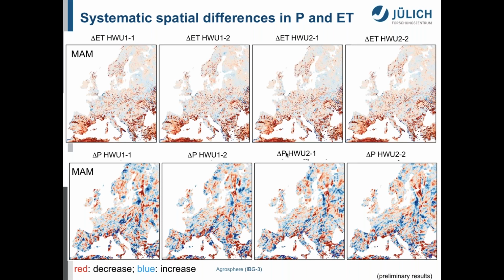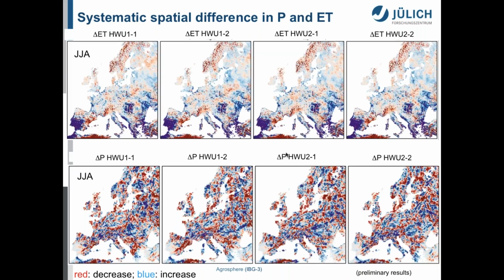And going now to the summer months, we plot again the same water use simulations, here on top for the difference in ET, and here at the bottom for the difference in precipitation. We see again how these differences in precipitation persist throughout the different water use simulations. So, this suggests that human water use in terms of groundwater abstraction and irrigation induces spatially systematic differences in atmospheric transport, which we feel are important to interrogate further.